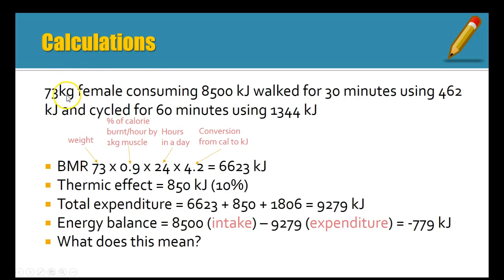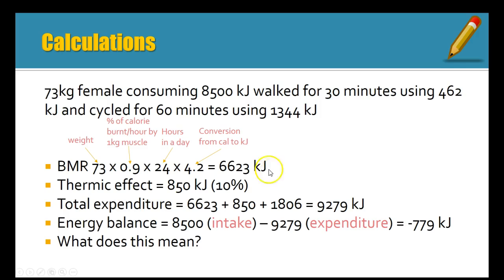So if we were to do a calculation of working out the energy balance of a 73 kilogram female consuming 8,500 kilojoules, and she's also done a little bit of exercise as well. Firstly, we need to work out the BMR. That's the weight multiplied by the percent of calorie burnt per hour by 1 kilo of muscle, times by the hours in the day, which is 24, and then you multiply this number by 4.2 to convert it from calories to kilojoules. So that gives us a BMR of